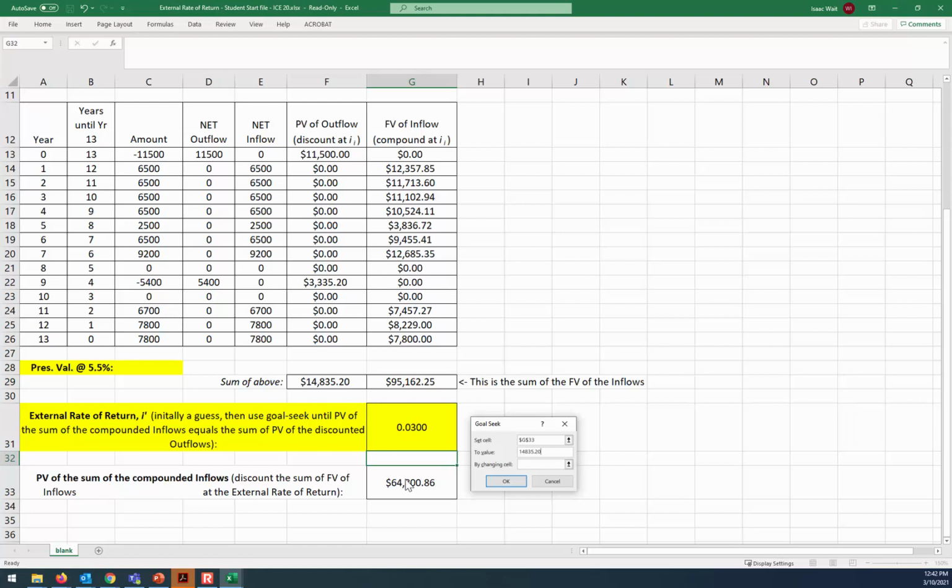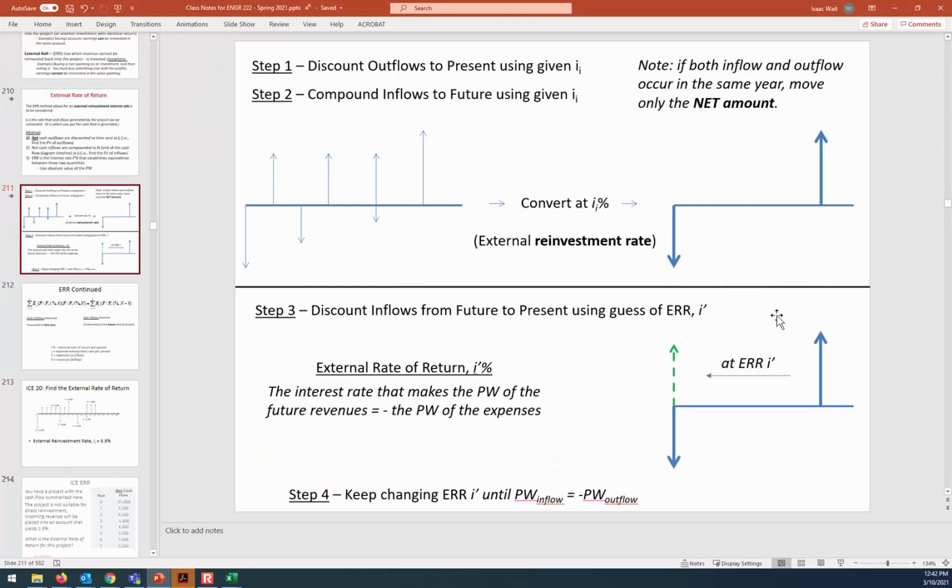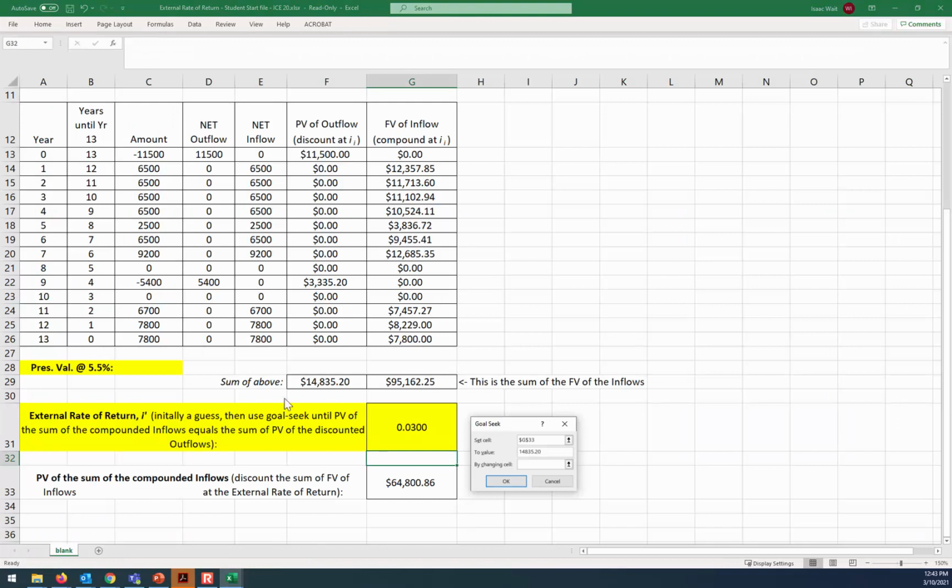So we're taking it from the future to the present. Remember, graphically, what that looks like is we've added all of this together in the future, and we're going to discount it at the external rate of return until the magnitude is the same. So we're looking for the magnitude to be equal to 14,835 by changing the interest rate. Okay, let me pause for a second and let you look at what's in the goal seek there.